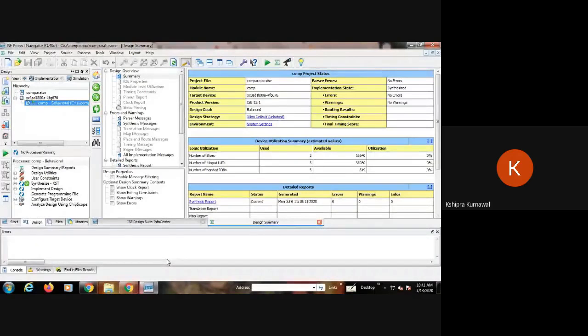Yes, sir. Okay. So today I will demonstrate how to execute Verilog codes using this Xilinx ISE Project Navigator. Okay, so today we will discuss that part. I have demonstrated already how to execute VHDL code for different combinational and sequential logic designs. So today we will go for Verilog design, right?